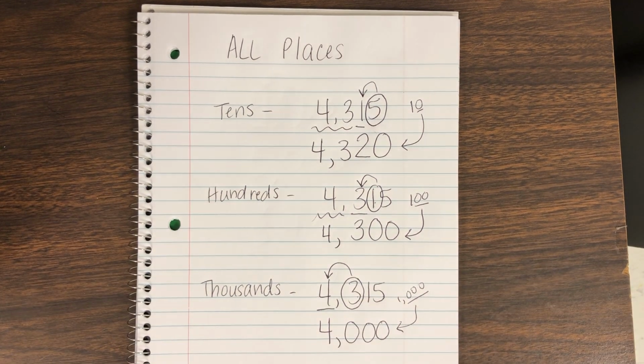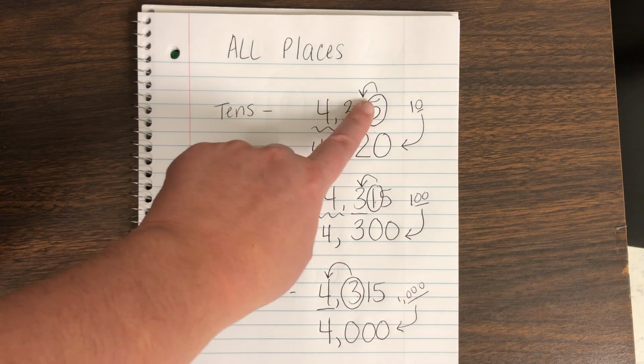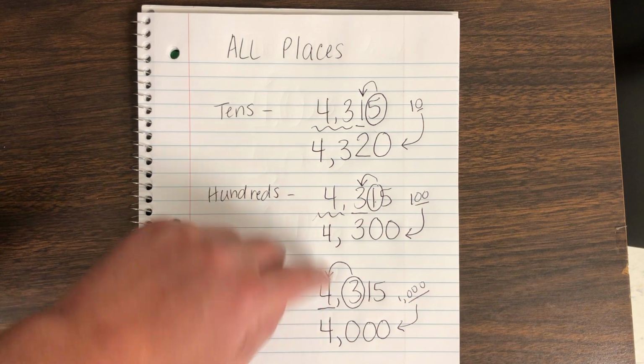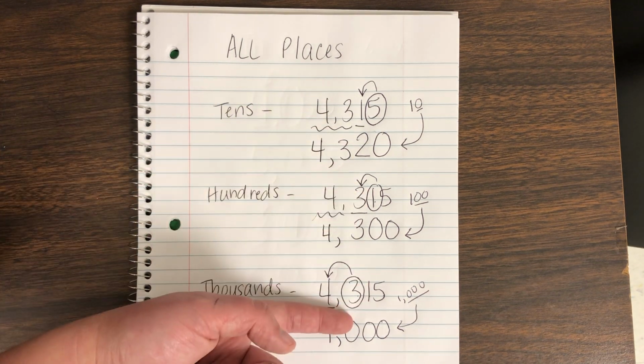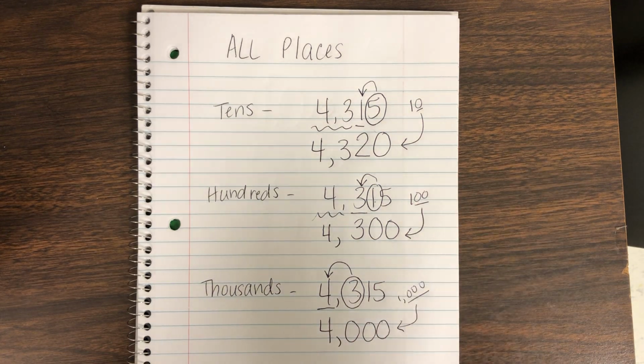So that is the difference between rounding to the tens, the hundreds, and the thousands. This is the exact same number, but you need to pay attention to what place you're rounding to. Underline whatever place that is, spotlight the BFF, and then round from there. Be very careful and make sure that you read the question carefully to see what place it wants you to round to, and that then you underline that place as well and round it to the correct place.